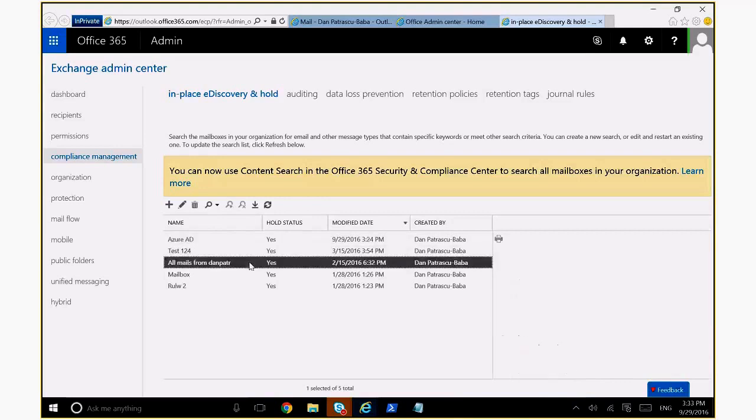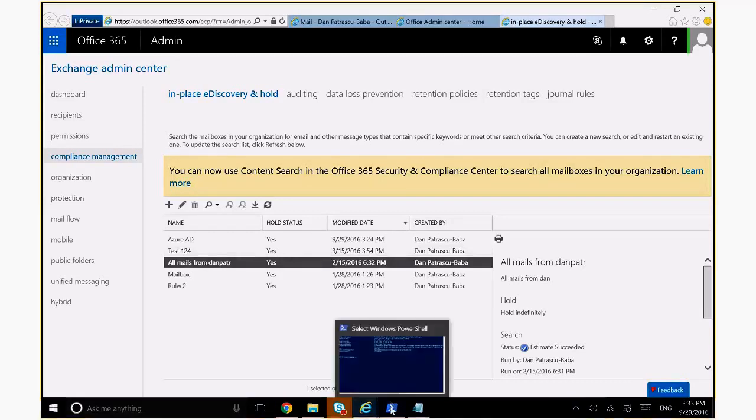I put that mailbox on hold also on February 15th, and I also created this hold which returns 0 results, because the keyword is probably not there in any of the emails. And all these holds, for example, are applied to this specific user